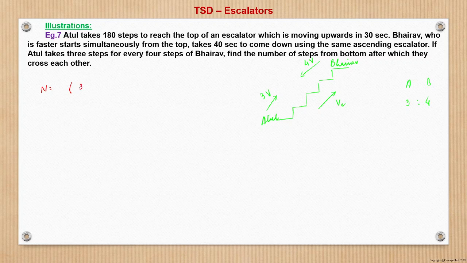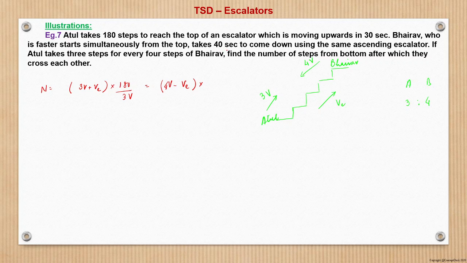Moving in the same direction, so (3V plus VE) into time is 180 steps at a speed of 3V, and that will be the same as, for Bhairav, (4V minus VE) into,